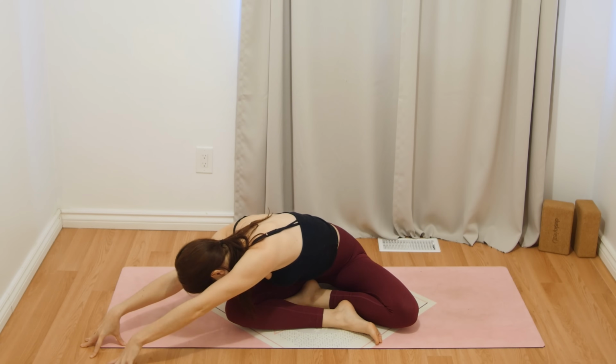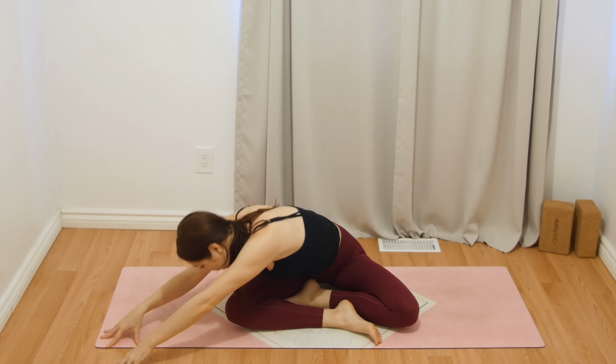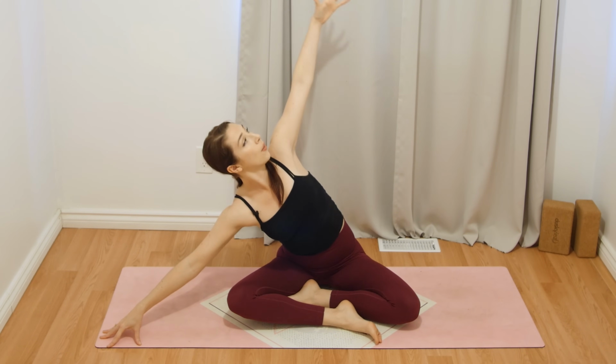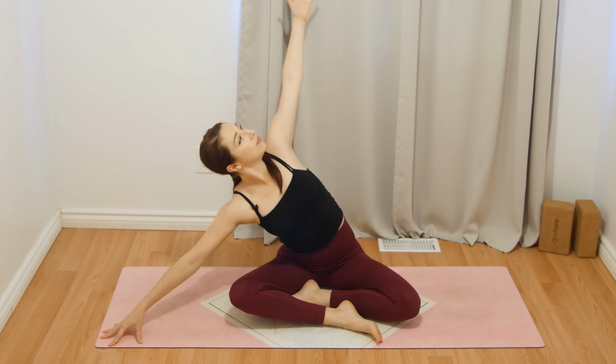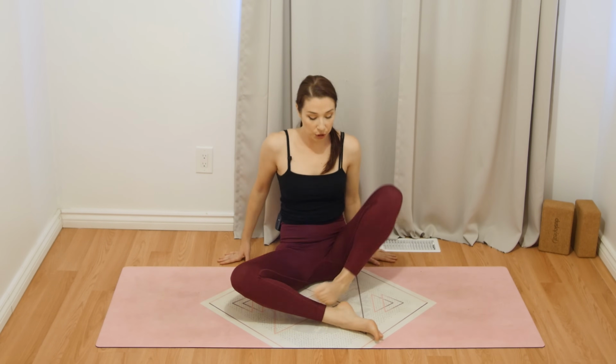Just staying up high on the fingertips. See if you can crawl them out even more. And now keep your right hand as it is and stretch your left arm all the way up. Big diagonal line, opening your chest and really rolling that left shoulder back. And inhale, come all the way back to center and switch so that you have your left shin now in